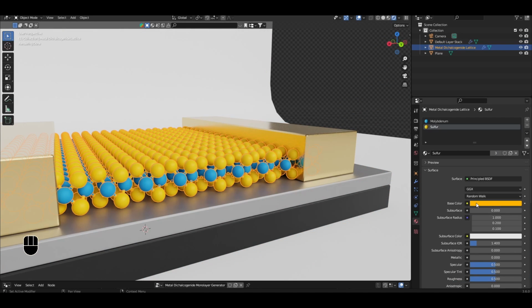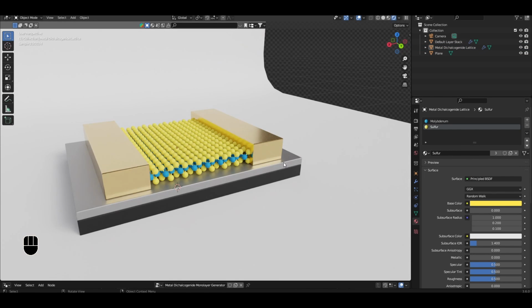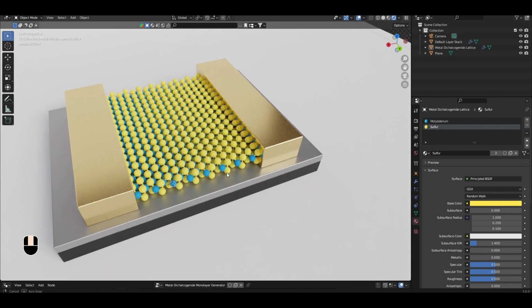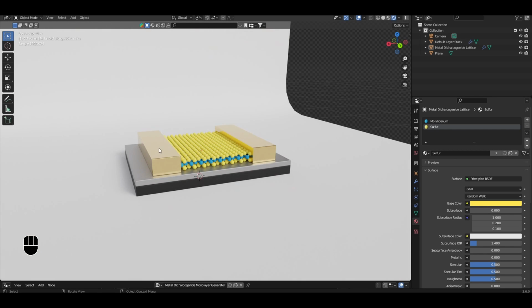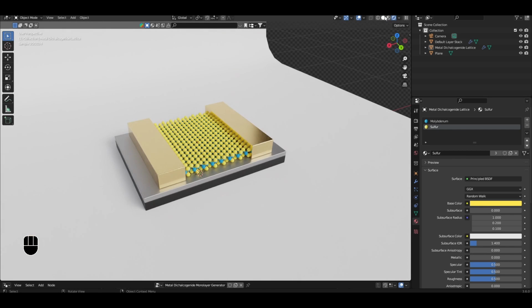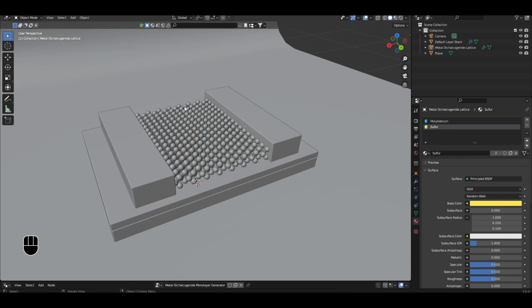Yellow is quite bright, so I'm just going to change the color, being a bit more yellowy. And now that's looking pretty good. So now we have ourselves our basic 2D material FET. Let's go ahead and add some electrodes. So I'm going to have contacts to each of these source and drain electrodes, as well as an electrode to